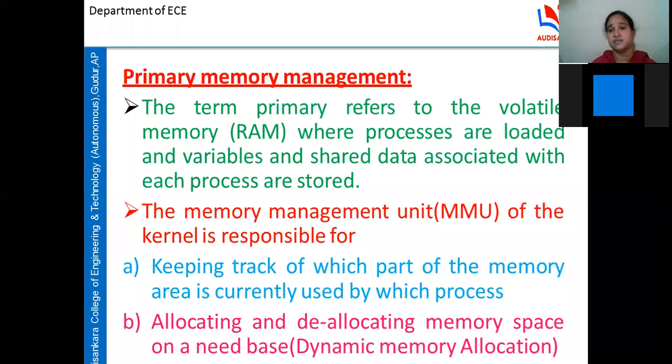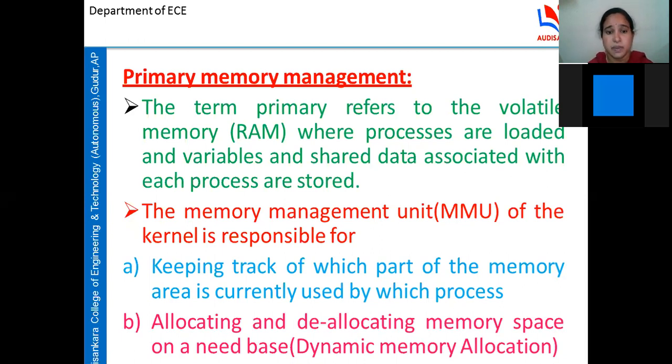The term primary refers to the volatile memory, that is random access memory, where processes are loaded and variables and shared data associated with each process are stored. Okay, so to execute the process, where the process is the set of instructions, we require some data, we require variables, and we also require some resources, right? All the data, variables, shared data related issues, and everything that is associated with the process will be stored